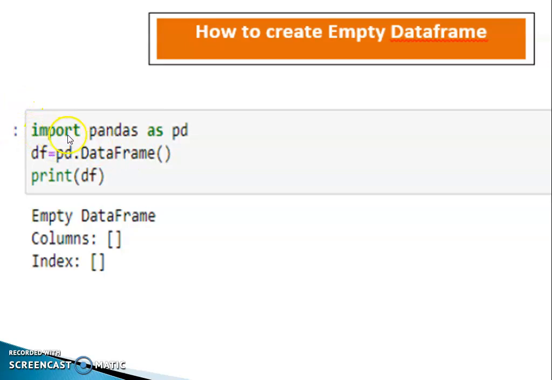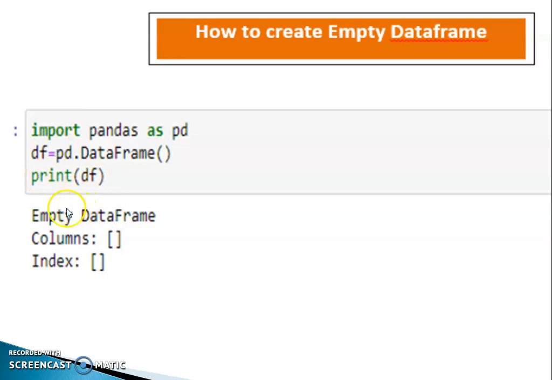Check the syntax. Import pandas as pd. df is equal to pd.DataFrame(). Simply use this function symbol. Here we are creating an empty data frame. Then print df.